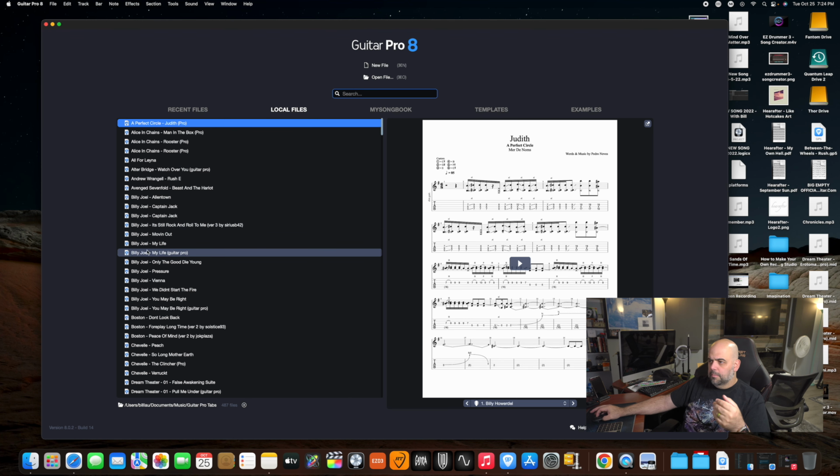Sometimes I'll take a Billy Joel song, for example, that's mainly piano, and I'll rearrange it myself using what's here to simplify and save me a lot of time. I'll end up changing the arrangements, and then I can work with what's already here as long as it's not horrible. But most of the stuff that you find, I use a website called Ultimate Guitar